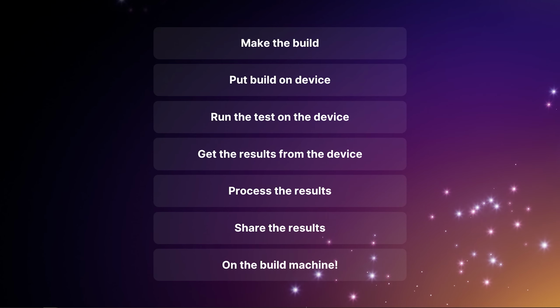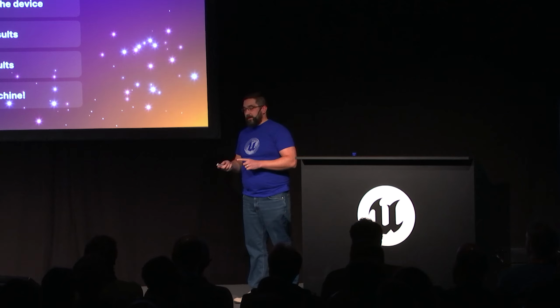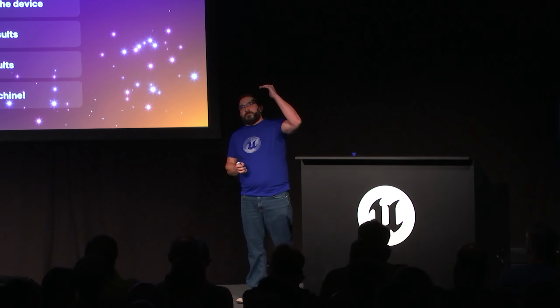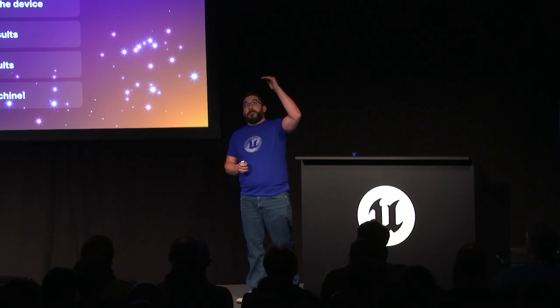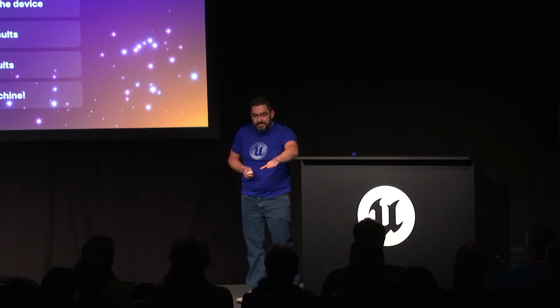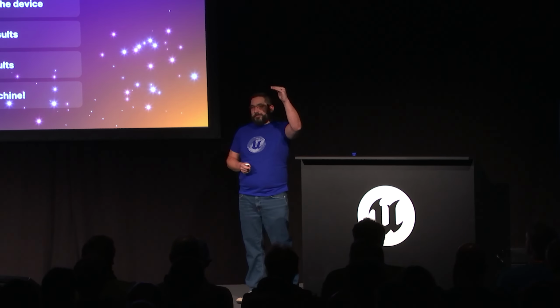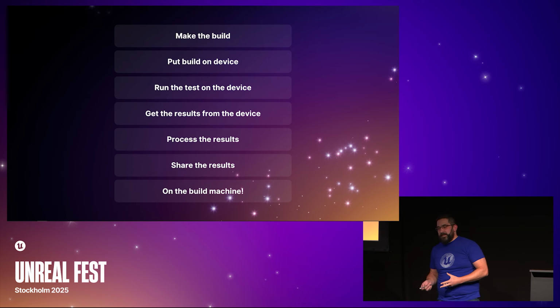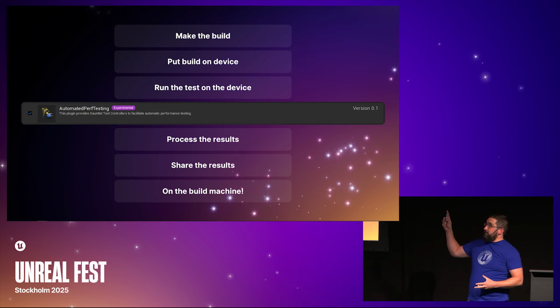And I refer to it as a framework because it's not just a plugin with Gauntlet test controllers. It's a contract from when we make the build all the way to sharing the results on the build machine, because it turns out, okay, if I need to get a command line argument from Build Graph where I initialize the test all the way down to the Gauntlet test controller, we kind of have to have a couple of guarantees at the various layers in between. So that's what we did. So we have this plugin. It is first